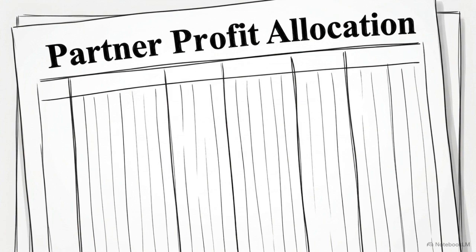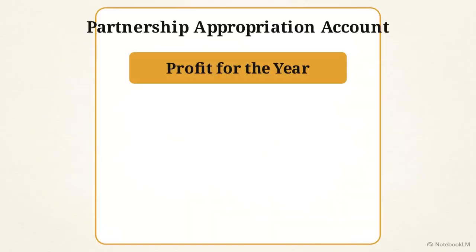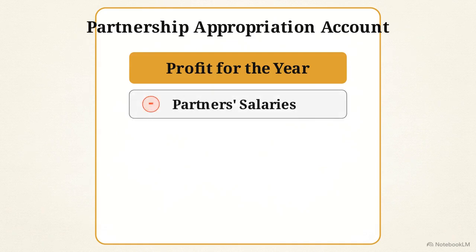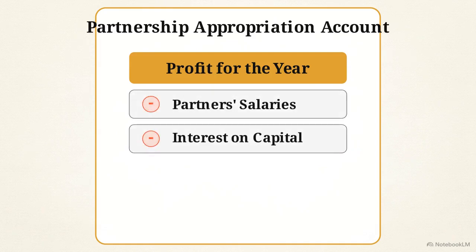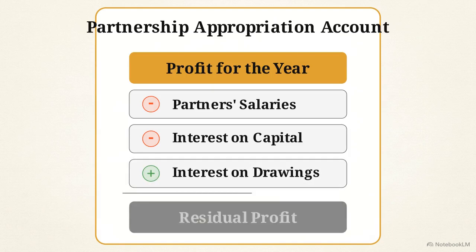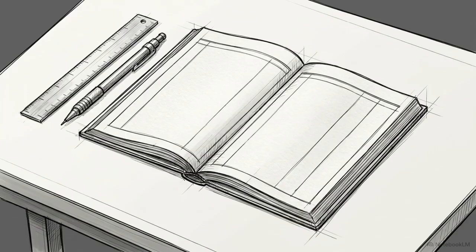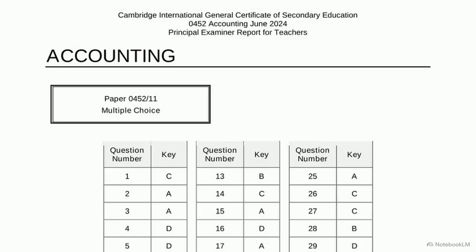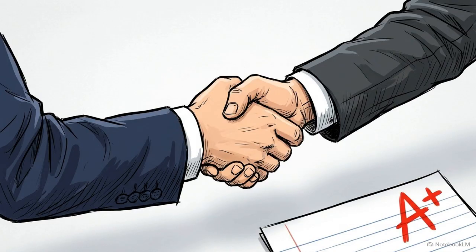among the partners. It does this by factoring in several specific partnership variables. It tracks how much partners are paid in salaries, the interest they earn on their invested capital, and the interest they are charged on any money they withdraw early. By the end of this video, you will know how to build a perfectly formatted appropriation account from scratch. You will also learn how to avoid the hidden formatting traps that frequently cause students to lose marks on their exams. Because a fair partnership requires strict accounting rules, following these steps ensures you prevent financial disputes and easily pass